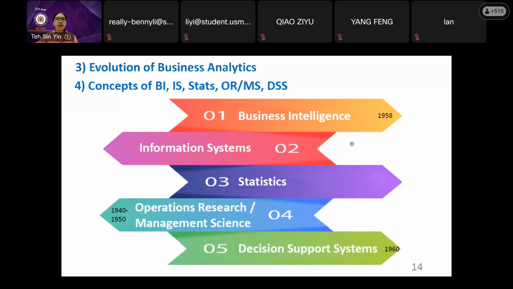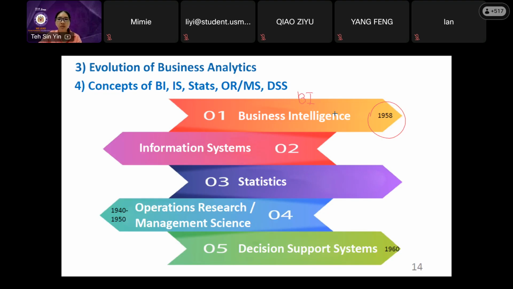Okay, now let us look at the evolution of business analytics. So before we have business analytics, what did we actually have? How did business analytics become business analytics? A long time ago, starting from 1958. So all of us, I believe, were still not here. We have this term called business intelligence, not Bahasa, business intelligence, BI. It started from 1985. In business intelligence, we are collecting the data.